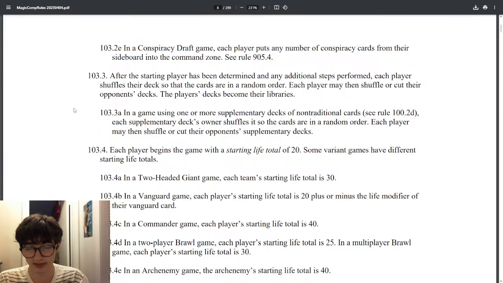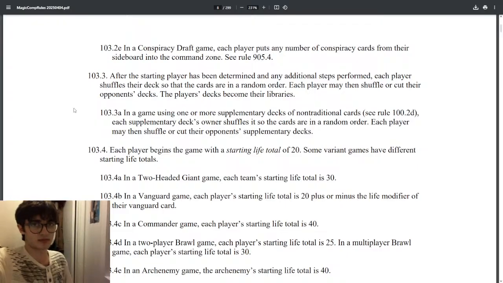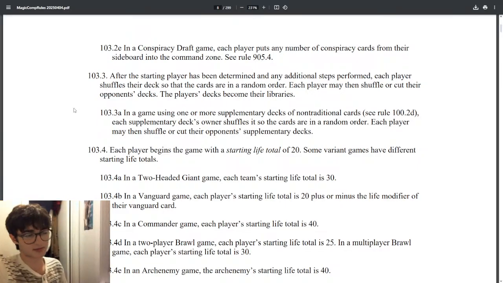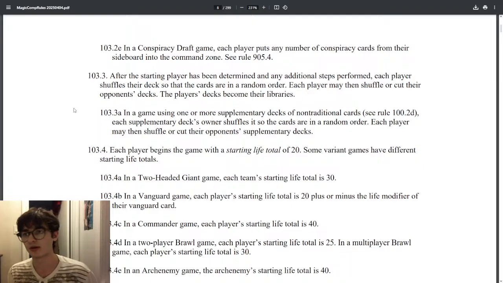So this is why mana weaving and pile shuffling are not allowed, because, argue it or not, this is the decision that's been made.